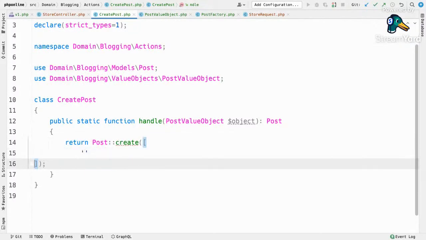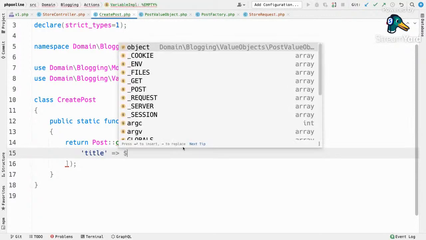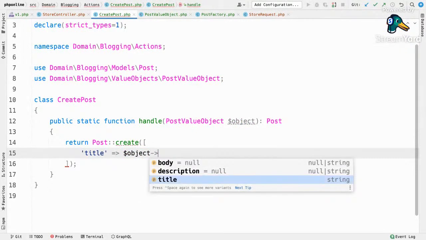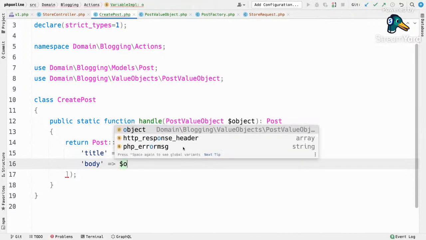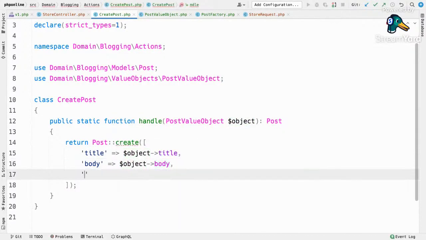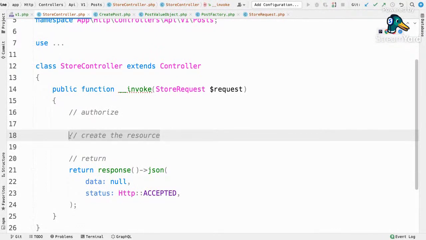Where the title is going to be title, where the body is going to be object body, of a description is object description. And that's simple. That's going to return a post, create the resource. I usually, if this is an API that's going to get a bit of scale, I'd push this to a background job. But typically what you can do is just say, okay,